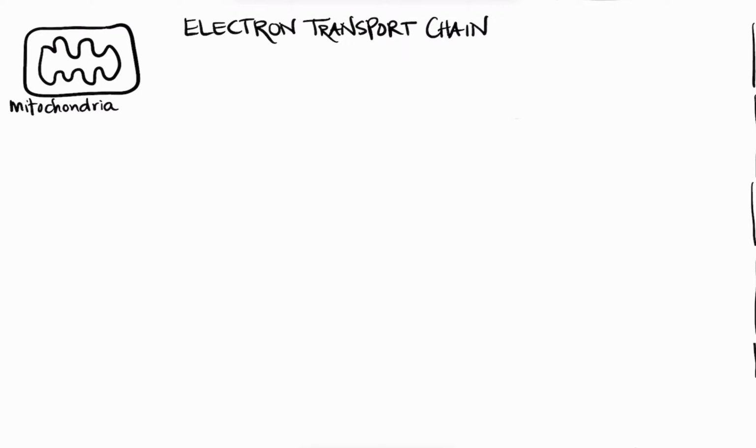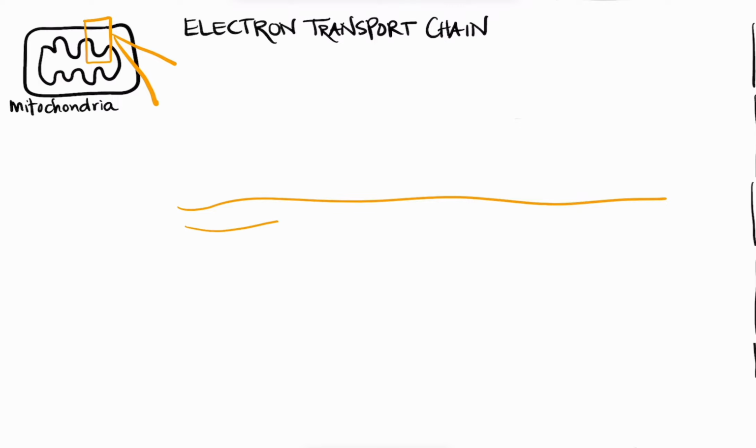This video will review the electron transport chain. The electron transport chain takes place within the mitochondria. So if we zoom in on a little slice of the mitochondria and draw it out bigger, this would be